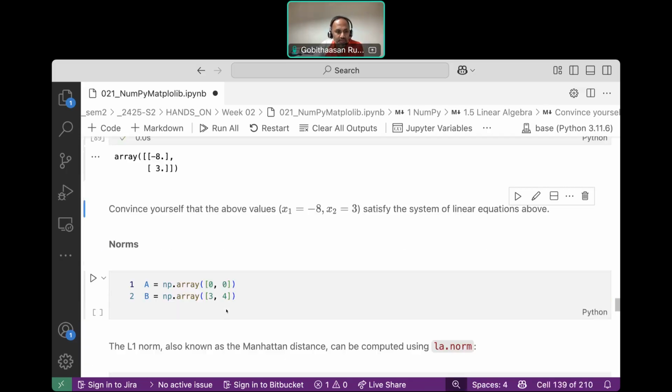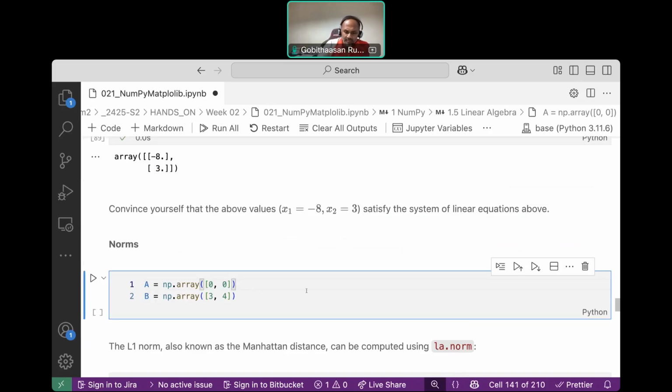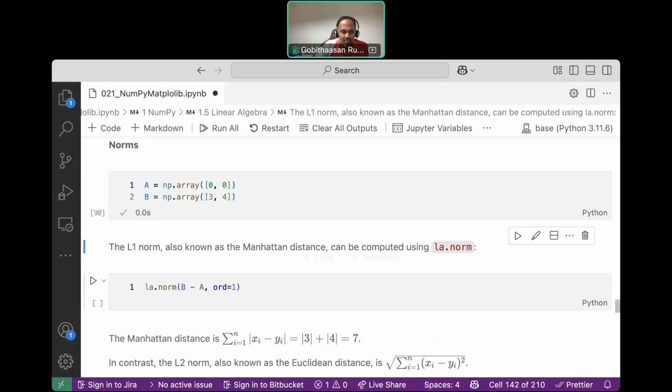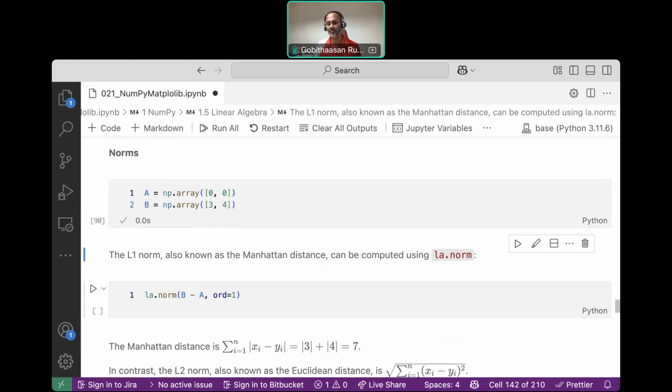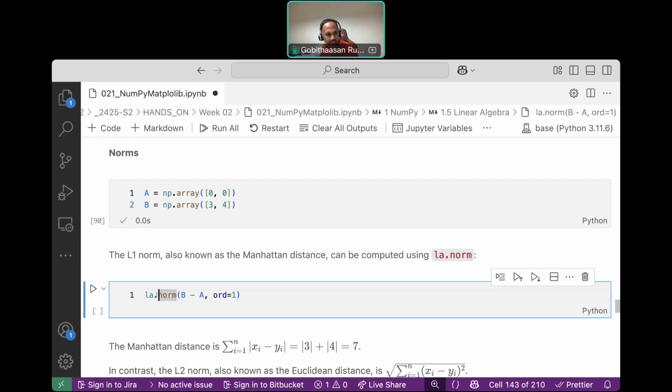This is the solution. You can always get norms as well. A norm simply means, in another term, the distance. Actually, when it comes to data science, there are so many types of distances that you can use to differentiate between data points, point clouds, etc. Okay, so la.norm of B minus A,